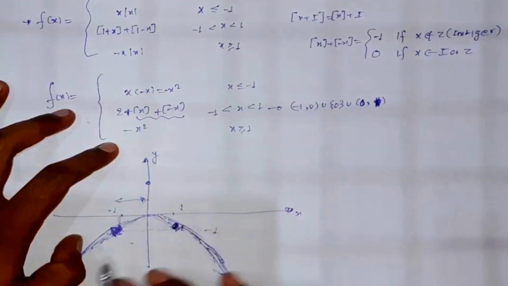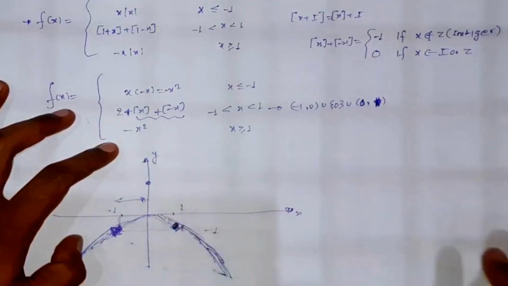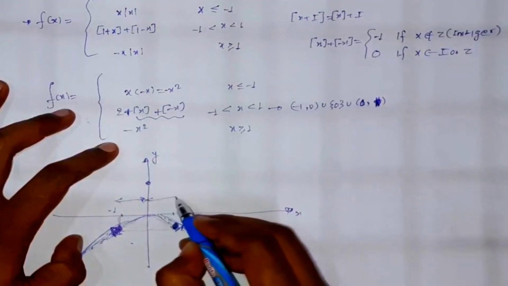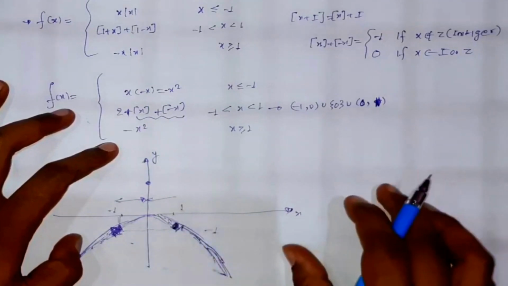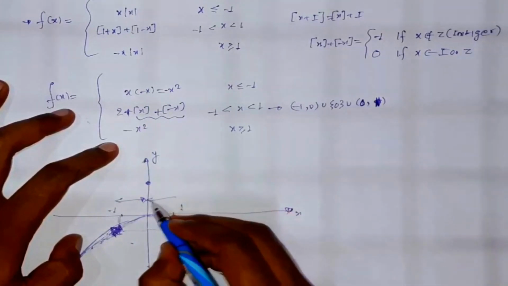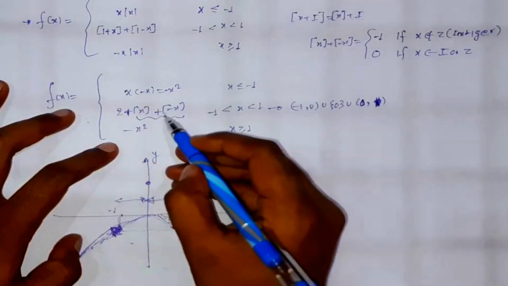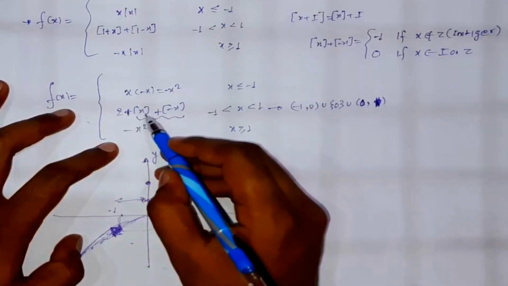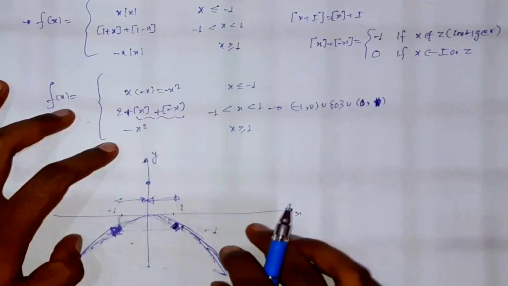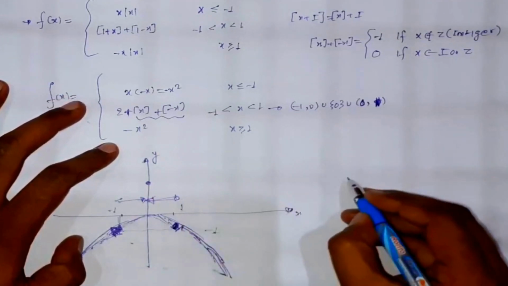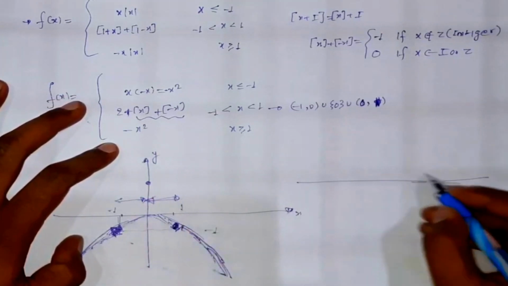Again, for 0 to 1, this will be 1, because this portion will be minus 1. 2 plus minus 1 will be 1, okay. So I am going to draw the graph again, so that you understand clearly what is happening with this